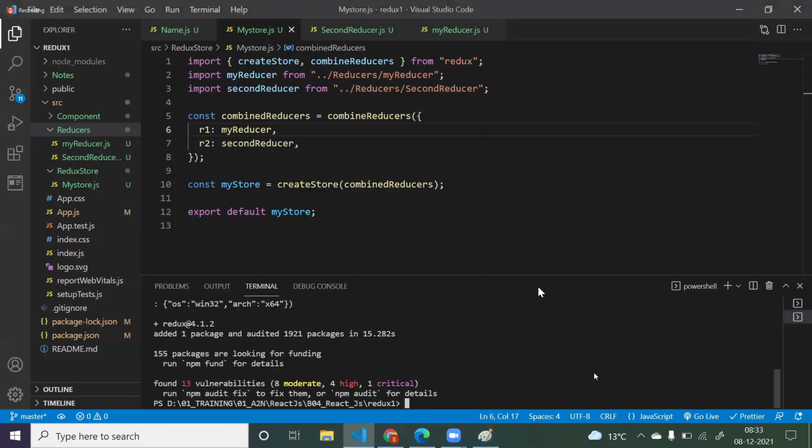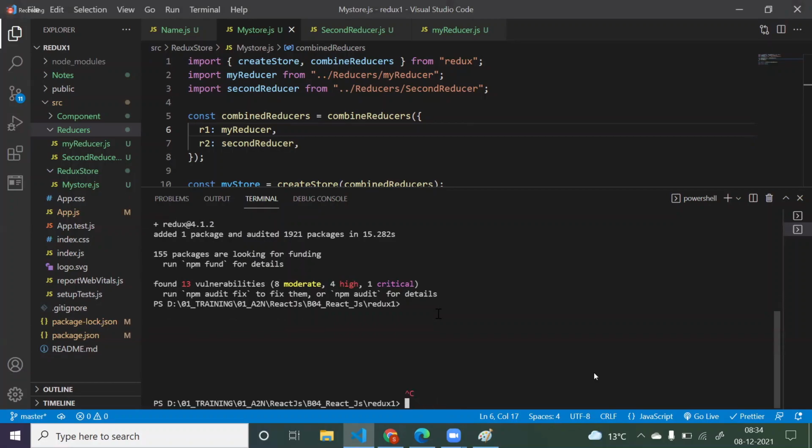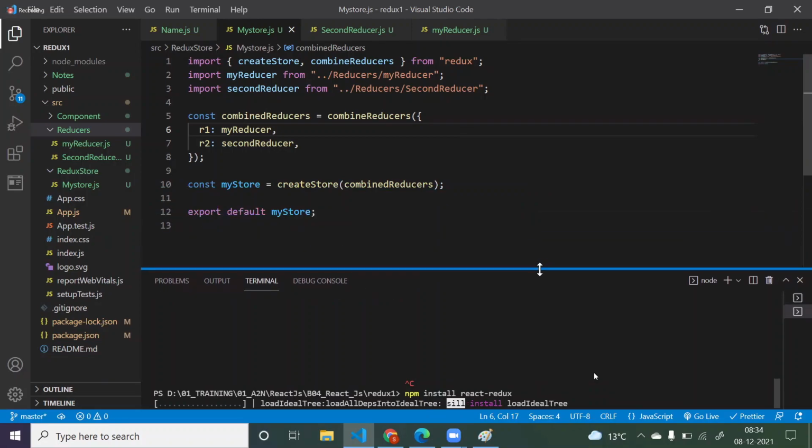So here I am just installing React Redux, npm install react-redux. So now this React Redux is going to provide you one predefined component, and the name of that component is Provider.